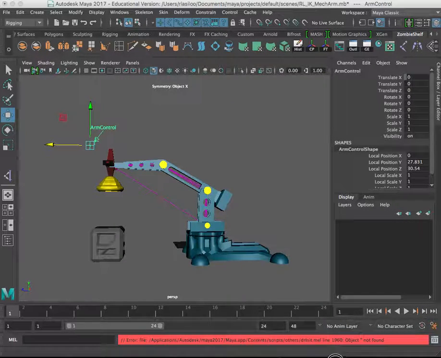So with the arm control selected, we go over here to our attribute editor. You'll see your channel boxes right here. I take one little area to the left. You may notice right here at the bottom, it's kind of like a little highlight and gives you the names of different things you roll over. So if you're unsure as far as what you're currently rolling over, just pay attention to the lower left hand corner. It'll tell you what exactly the name of the tool is. In our case here, we need to locate the attribute editor. So I click on that,